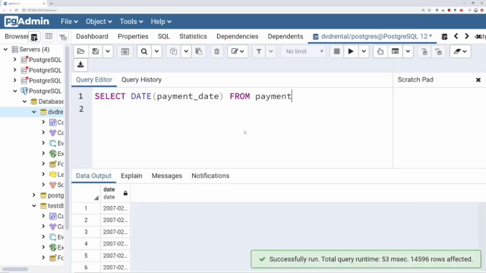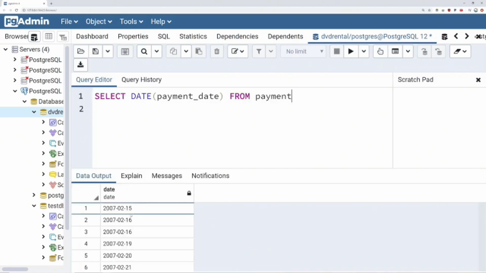But if we just run this, we can expand this column, and notice here, it's essentially just filtered out the actual date. It's removed that timestamp information, which makes sense because we don't want to group by every single transaction per minute. What we probably want to do is just group by day. So I'm going to say select the date on the actual payment date timestamp, which is essentially just the day from payment. And then let's go ahead and group by